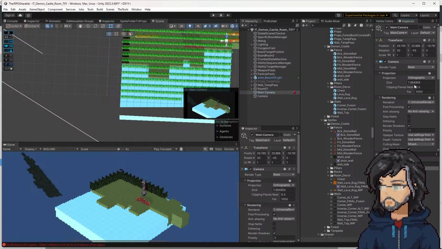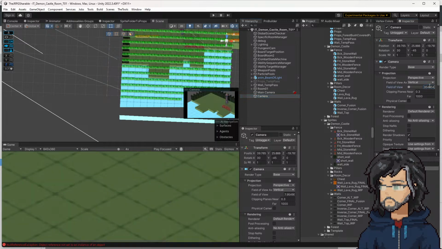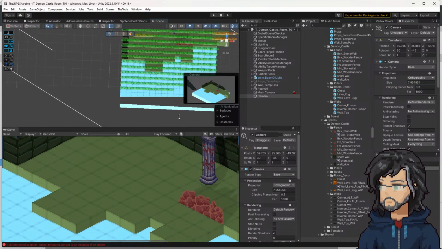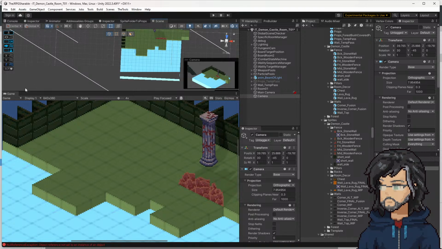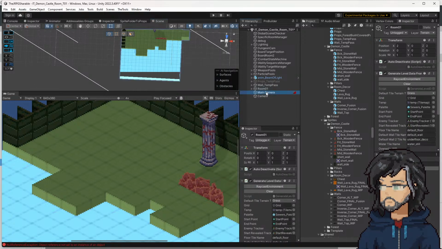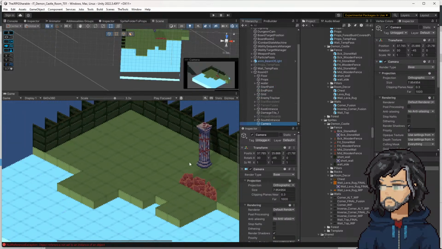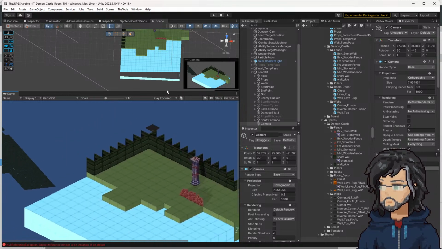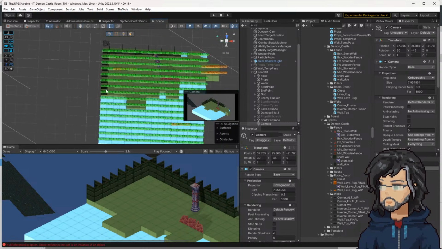And then we have to grab some values here for orthographic sizing. Ooh, this one I can drag around too. Okay, so if we come into here,